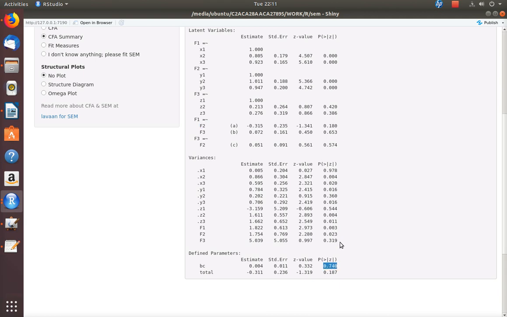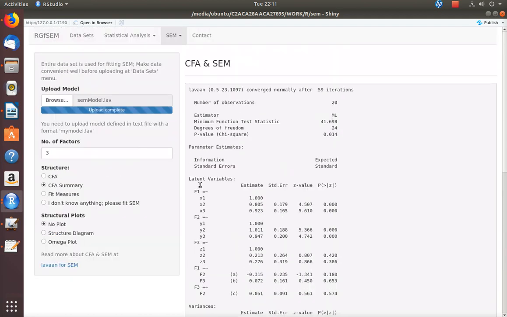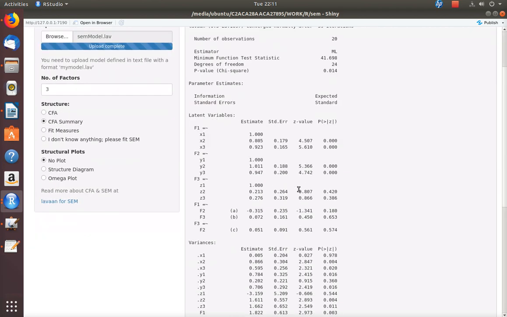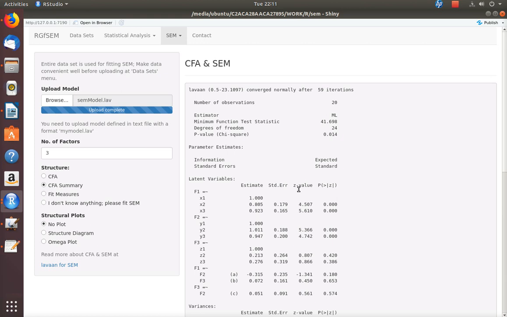That's a more robust test. Unfortunately, lavaan does not have that test in it. I can talk about that test in my forthcoming videos. For the time being, this is sufficient